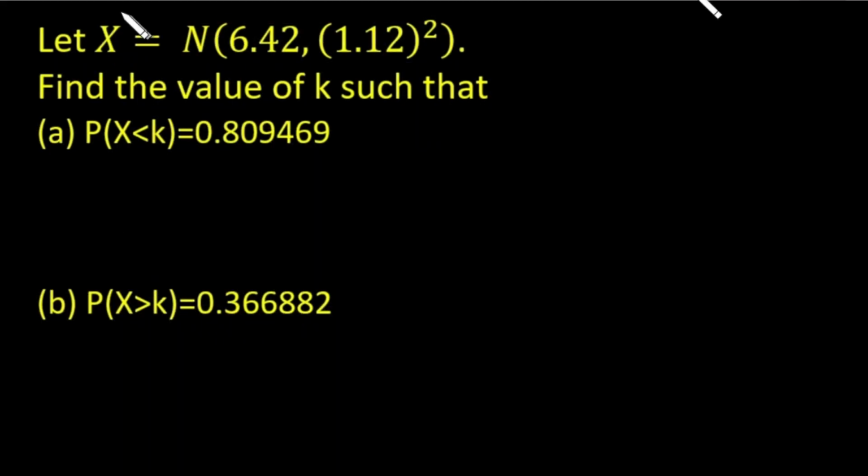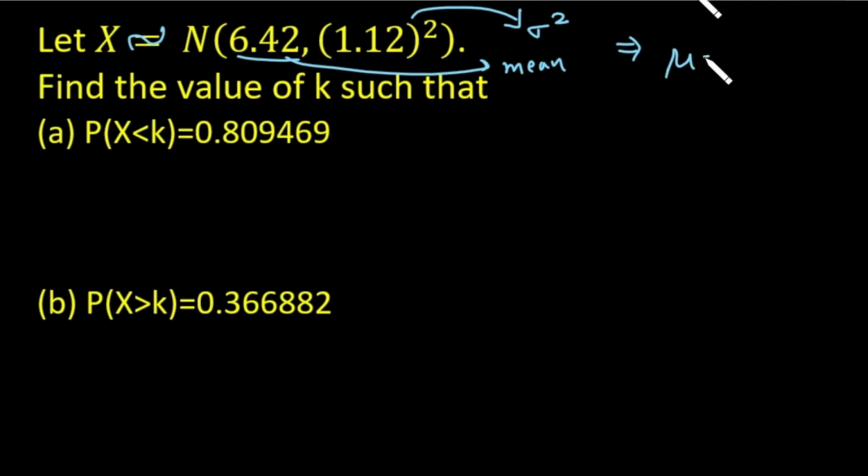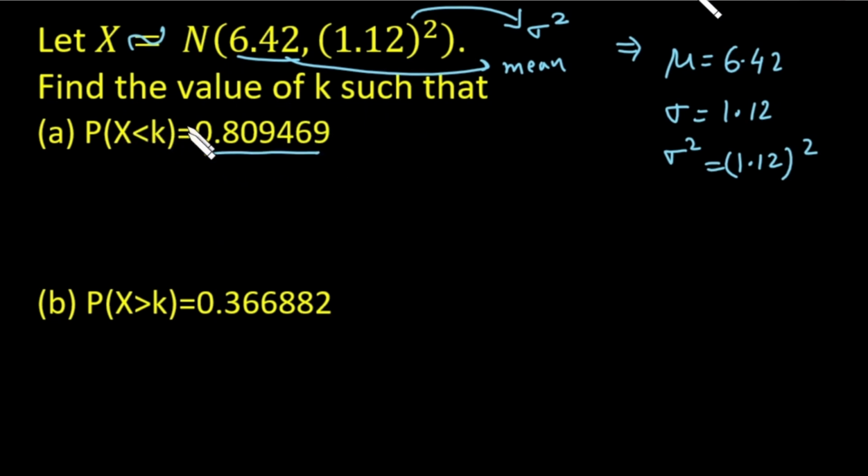It is given that x is a random variable that is approximated by the normal distribution, and this stands for the mean, and the second entry is for the sigma square, and sigma square stands for the variance. It implies that mean in this case is equal to 6.42 and the standard deviation is equal to 1.12, where variance is equal to 1.12 whole square. Now we need to find the value of k such that probability of the random variable x less than k is equal to this. In this case, we will use the built-in function, that is the